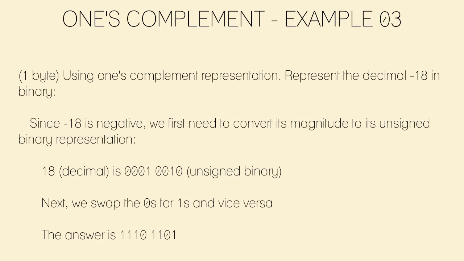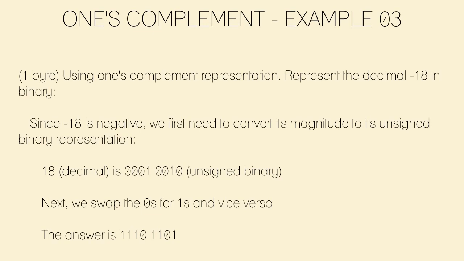1's complement representation. Our task here is to convert the decimal number -18 into binary. Similar to the previous example, with negative numbers in the 1's complement system, we initially set aside the negative sign. We only work with the absolute or the magnitude of the number, which in this case is 18. Our first step is to convert 18 into its unsigned binary representation, using 1 byte or 8 bits. In this case, 18 in the unsigned format is